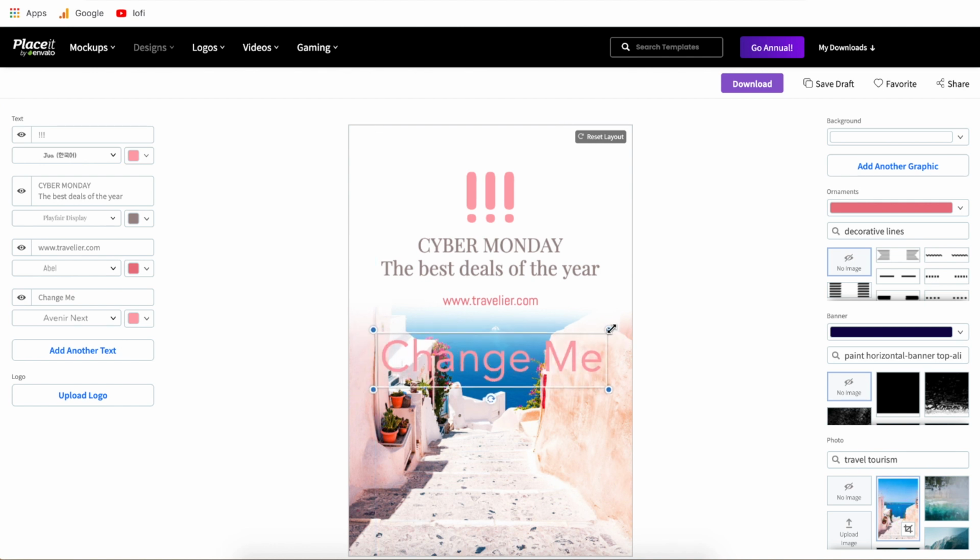Now you can change the text and everything on here. You can make it a different size. You can put that anywhere you like. Now obviously if you don't want that anymore, just go ahead and click and it'll turn it off. So that takes care of text and font on the left side over here.